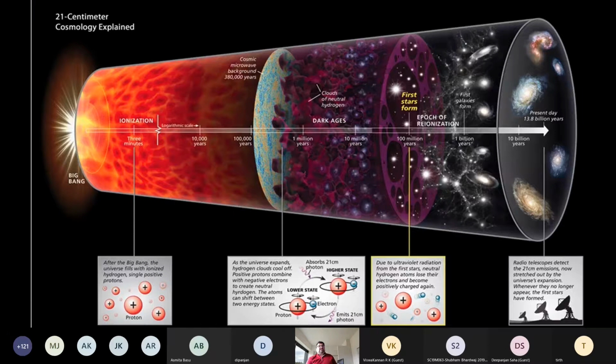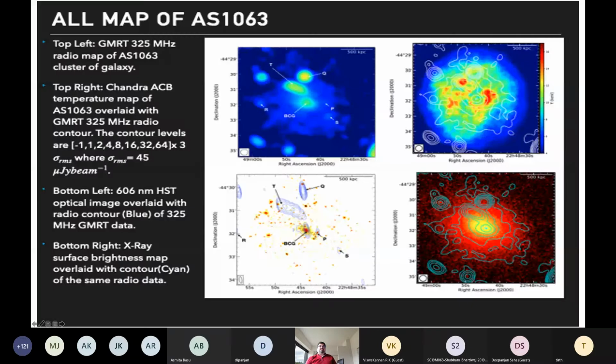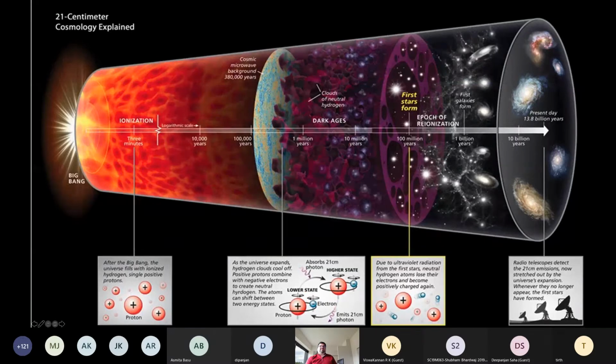Now, something closer to my interest is cosmology with HI, as Girish pointed out clearly, so I don't have to introduce it completely. Since the Big Bang, the universe expanded. This is the Big Bang in a different kind of schematic than Girish's. This is where everything began, which is the currently accepted model. And here is the CMB, the surface of last scattering. The universe kept on expanding till it became neutral and remained neutral till the first stars, first galaxies, first black holes came and reionized the universe.